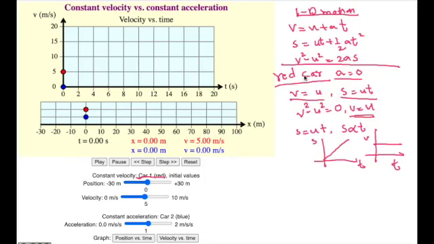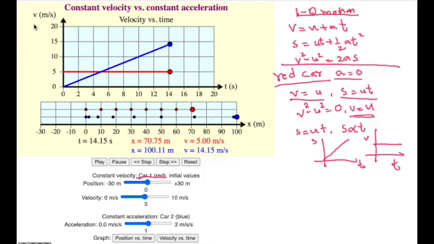First let me write the equations. The same equations for velocity will work out for the acceleration case. Now let me play the simulation. Yeah, so please observe here the velocity versus time graph and the distance covered in equal intervals of time. Let me explain.